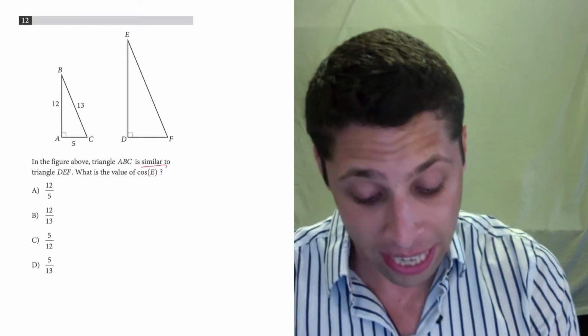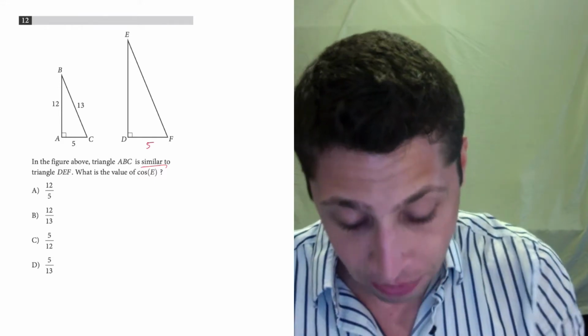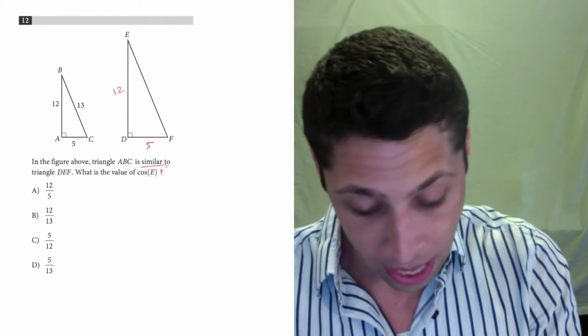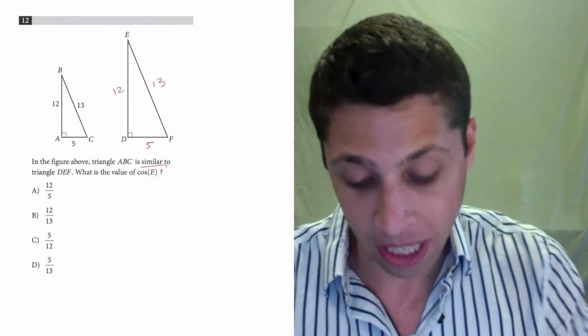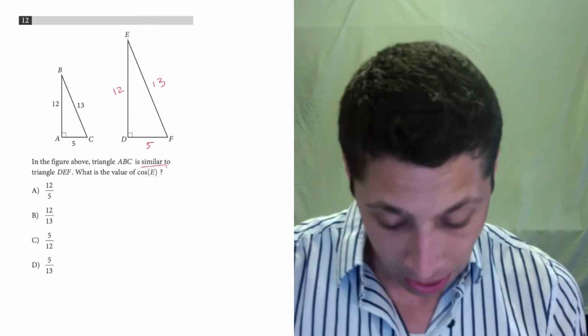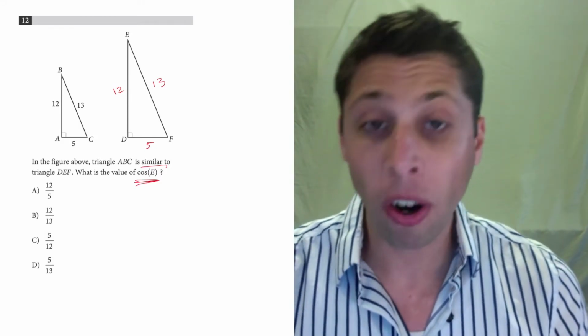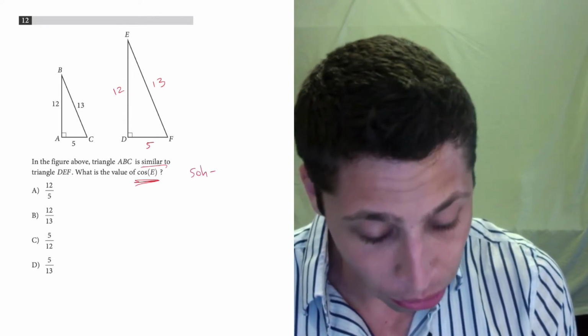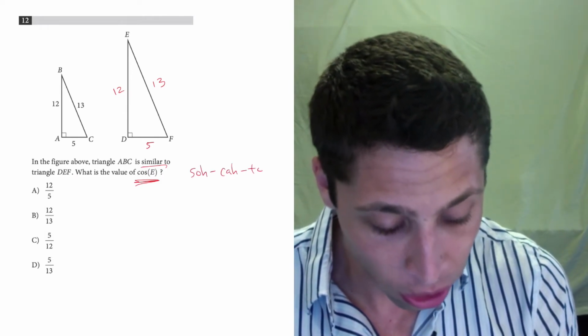So I'm going to say that DF is 5. I'm going to say that ED is 12. And that EF is 13. So all those side lengths are just transferring over. And that's pretty simple because we know from cosine that we're supposed to do, well, if we follow SOHCAHTOA,